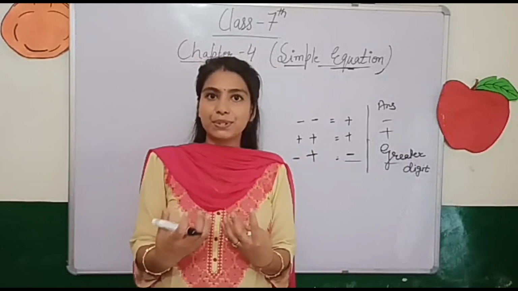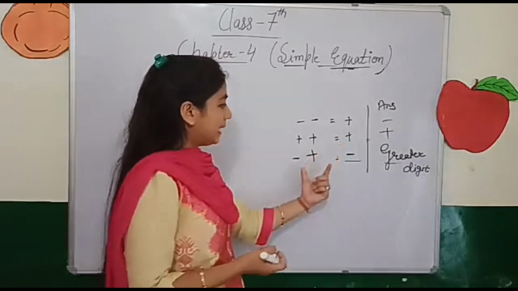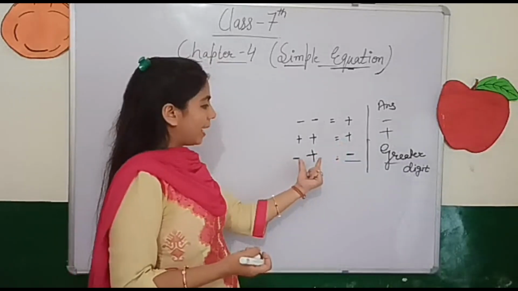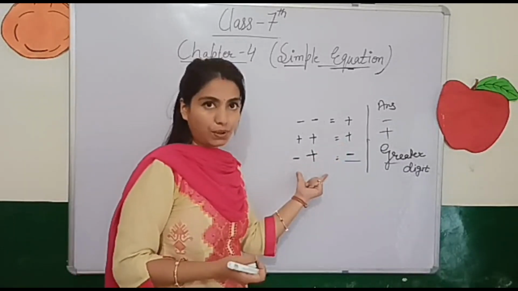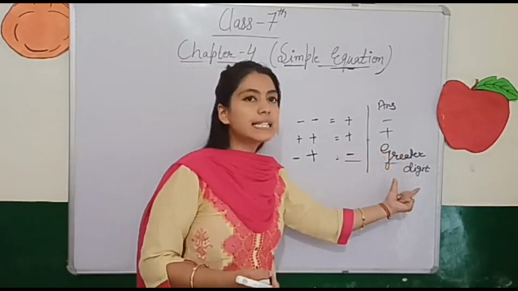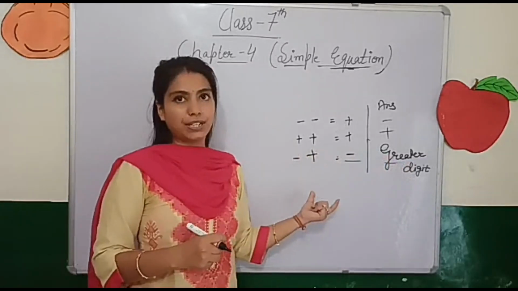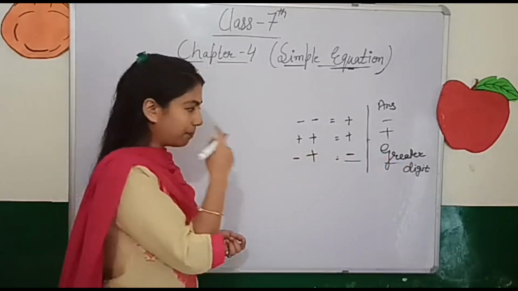No, parents also used to say tuto bada hai, so you have to see. So always in an equation also, when you have one negative and one positive, you will always do subtraction, but in the answer you will put the sign of the greater digit. Okay, so let me give one example for it.